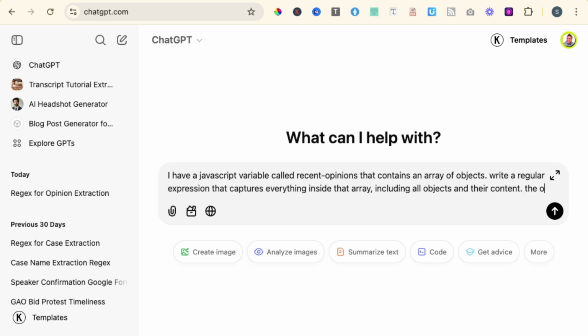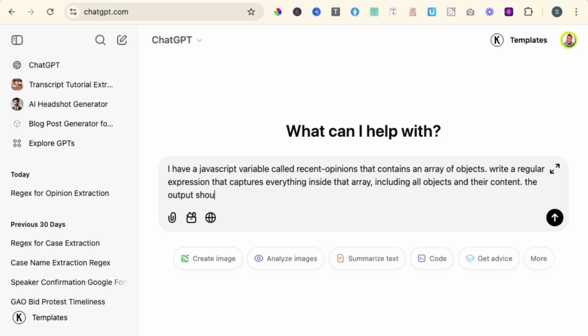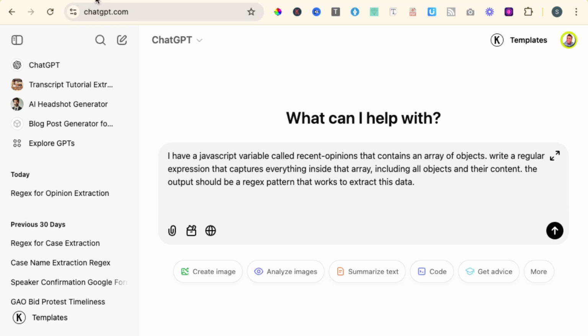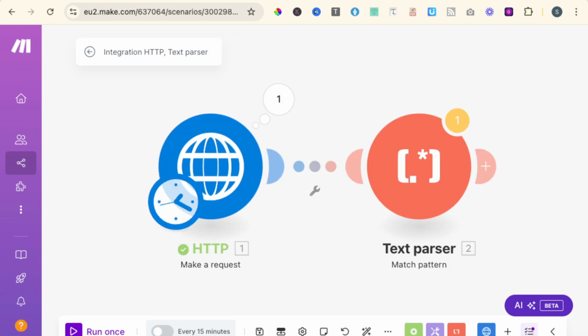The output should be a regex expression, or I'll write regex pattern that works to extract this data. And now I'll just put shift enter and I'll get this